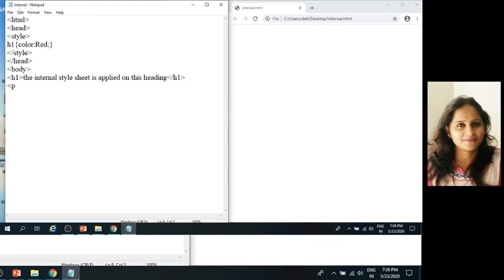P means paragraph. This paragraph will not be affected. Closing of p, closing of body tag and closing of HTML tag.